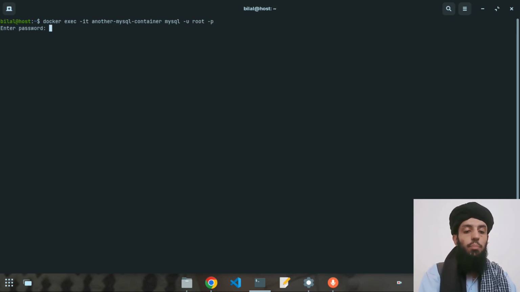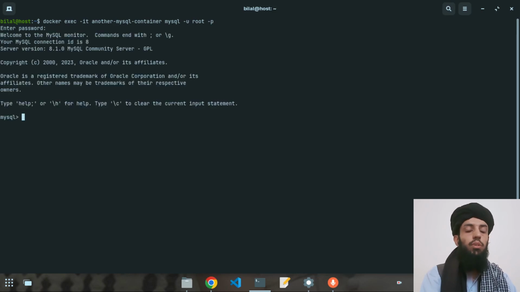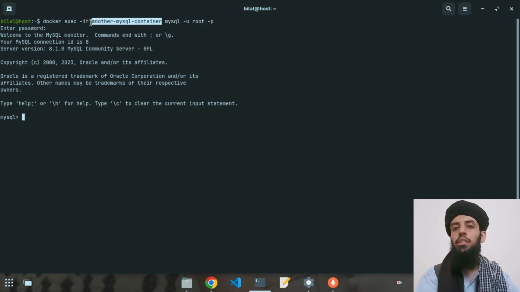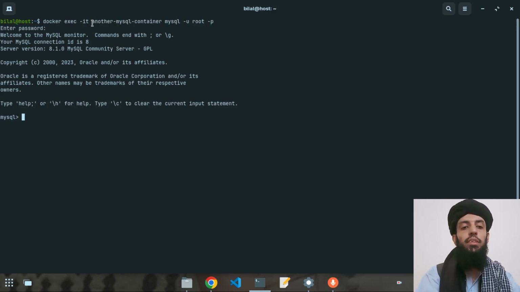So it is asking for a password, so I will give the MySQL password. Now I'm in MySQL in another container, not in the previous container that I removed and stopped, but this is another MySQL container, and this time if I write show databases,